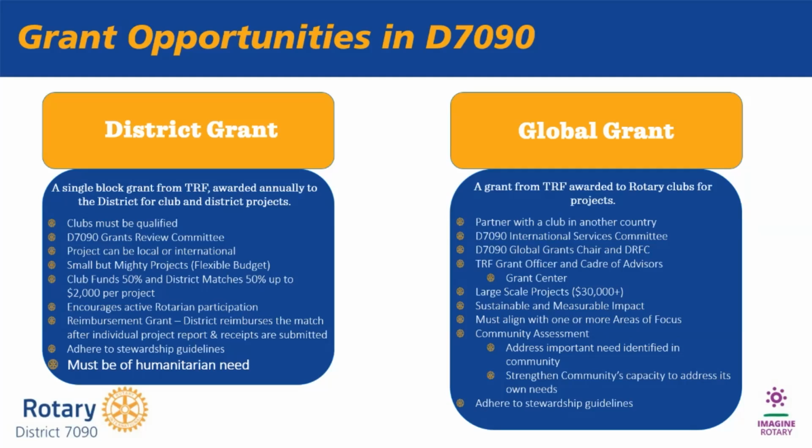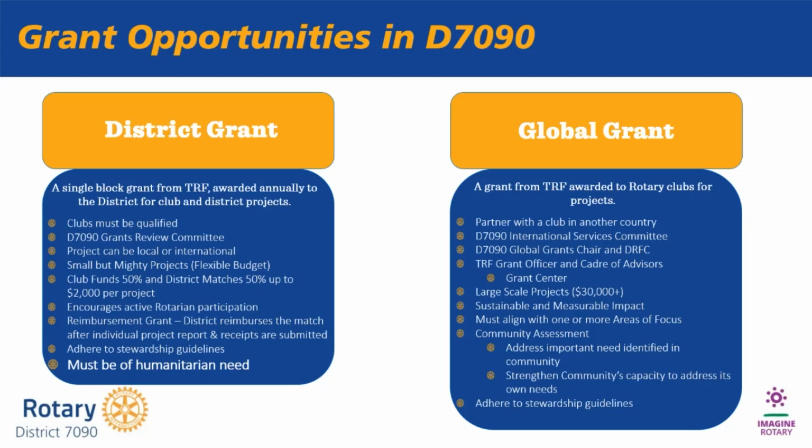We have 2 different types of supports to help you out with a global grant. We have the International Services Committee that can guide you through planning and implementation. We also have the Global Grants Chair and the District Rotary Foundation Chair, and the role of those 2 is to certify that you've been a qualified club. You also get support from Rotary International. You'll be assigned a grant officer and you'll have access to a cadre of advisors that help you navigate through